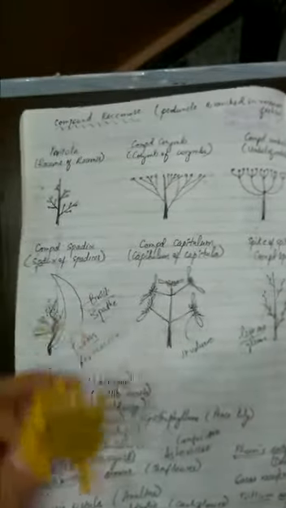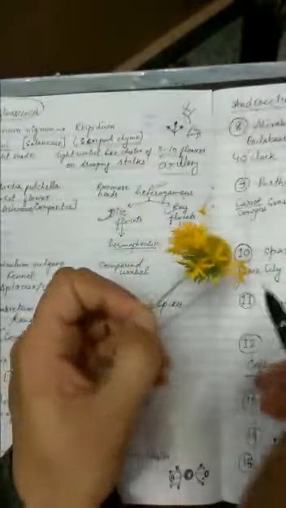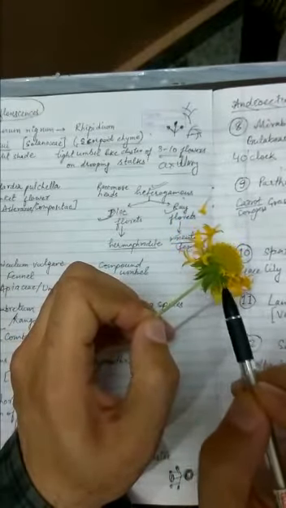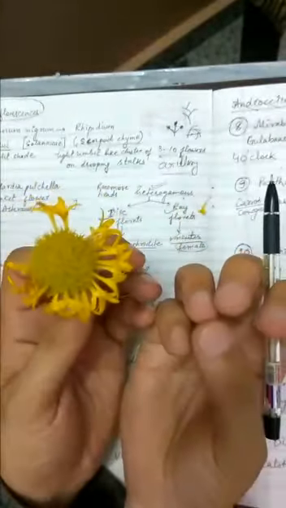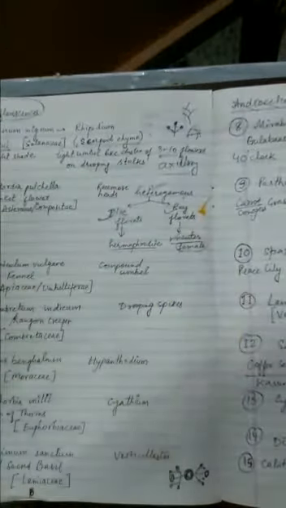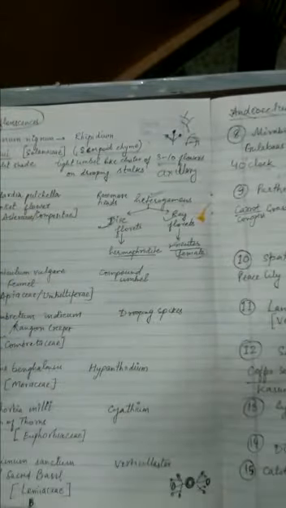If you remember the notes I have covered before, I told you in those classes that there will be involucres present at the bottom portion. These are the green structures which are present here. You can see many of them. They are protective in nature. When the inflorescence was in a closed condition, these structures provide physical protection to the florets inside. So this flower is done. In normal language it is called the blanket flower.